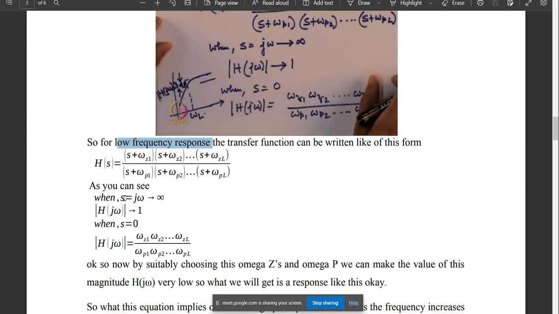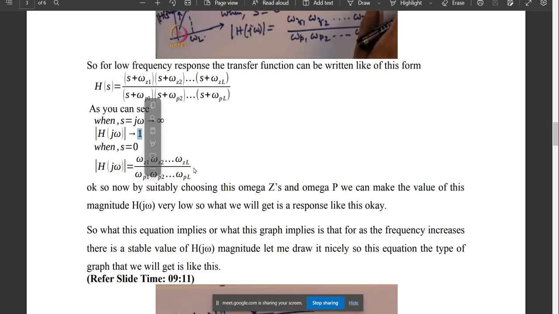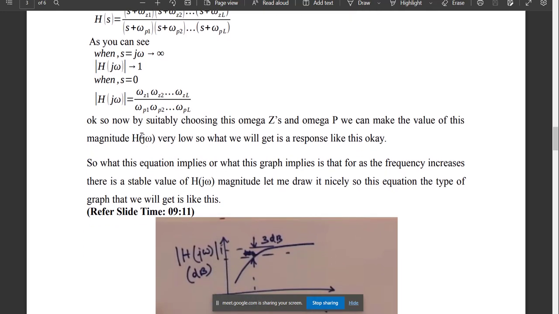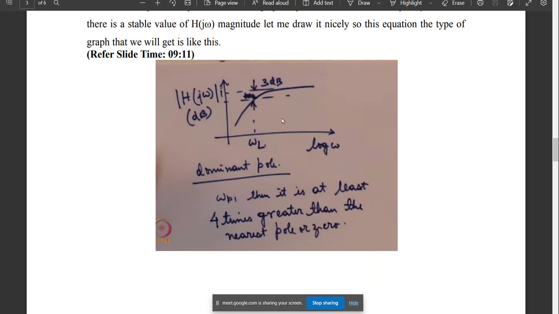So you can see that जब हमारा S omega ZL जब हमारा इन्फिनाइट जाएगा तो हमारा H क्या हो जाएगा, 1 हो जाएगा, राइट? और जब हमारा S इज इक्वल टू 0 होगा तो कुछ ऐसी वैल्यू आएगी, ओमेगा Z1 इंटू ZL, ऐसी कुछ। ओमेगा Z और ओमेगा P अगर सूटेबल सेलेक्ट करते हैं तो हमारा H ओमेगा की वैल्यू एक सूटेबल आएगी और हम उसको ले सकते हैं, मतलब it won't be अनस्टेबल। समझ में आ रहा है? समथिंग लाइक दिस।